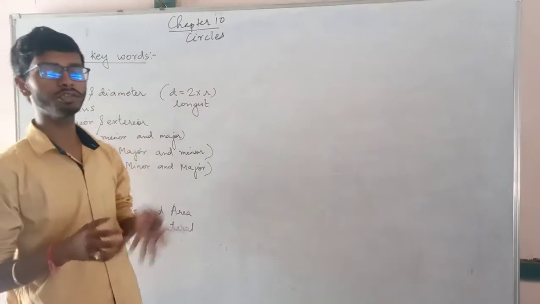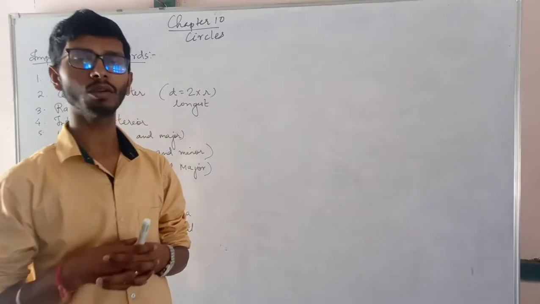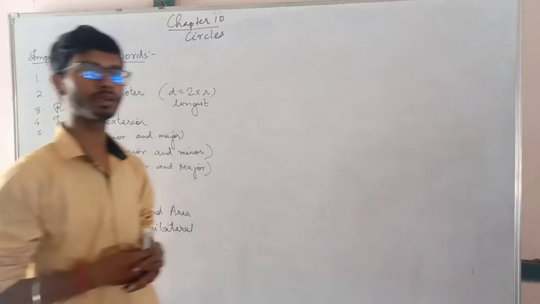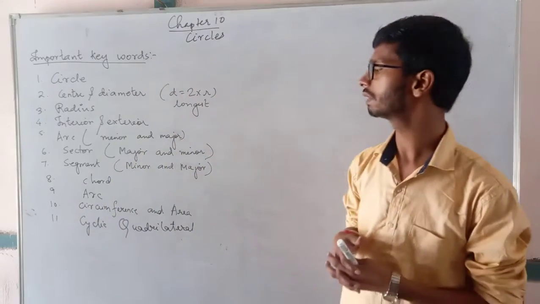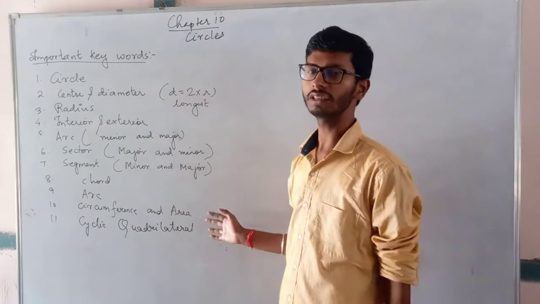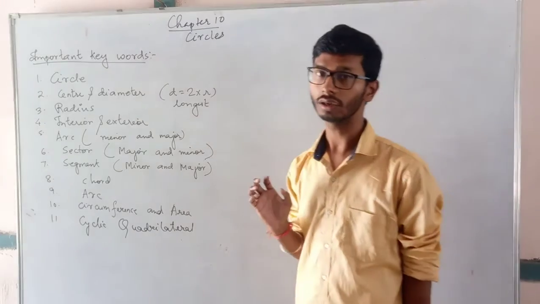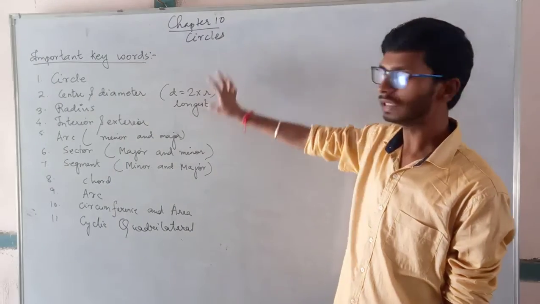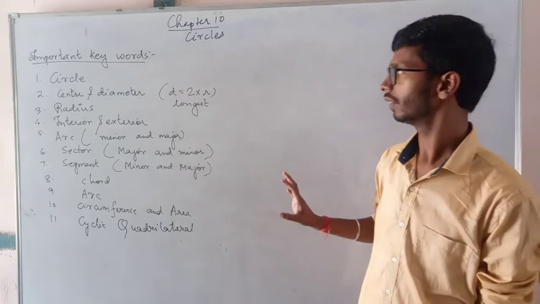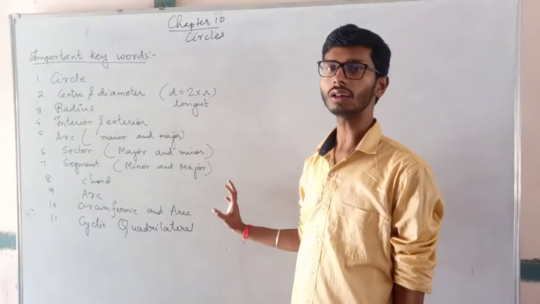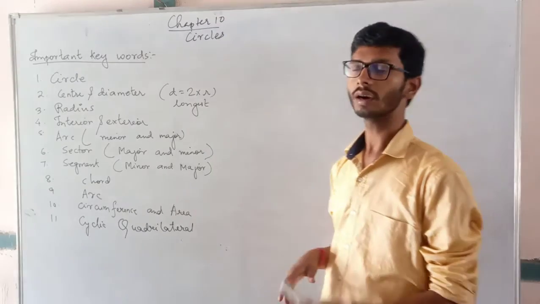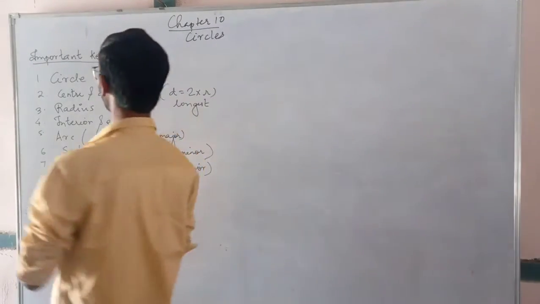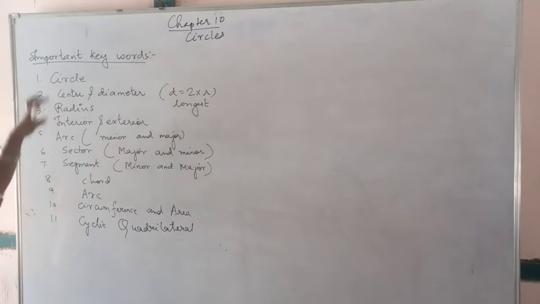So today we are going to learn chapter 10 and it is a very important chapter known as circles. Before going to the chapter, we are going to learn some keywords, some important words which are related to this chapter. So students, be very attentive, okay? Try to understand each and every word nicely because we are going to use all these concepts while solving our exercise problems. So before starting, what do you basically mean by circle?